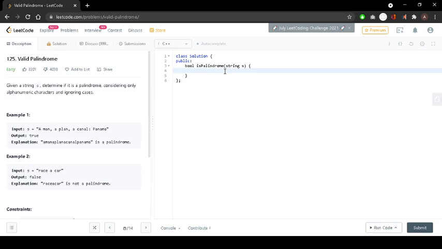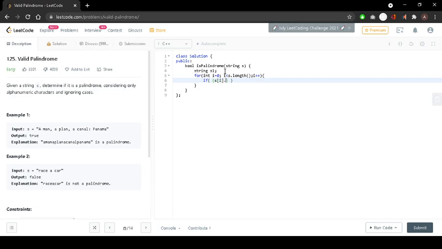So what I am thinking is that I should store this into another string. Suppose we name it s1. It should be empty right now. Then after that I will iterate over the given string. After this, there would be multiple if conditions for the same. So what I will be checking is s[i].